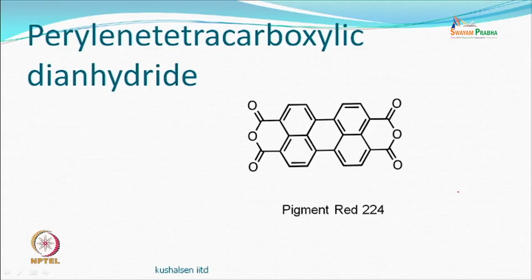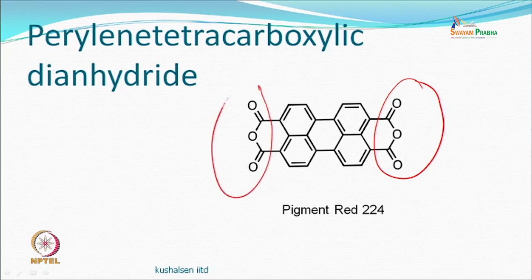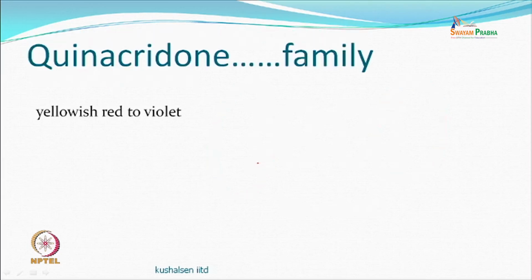So this is the kind of molecule that would be there, but of course you can keep changing, add a nitro or a chloro or all kinds of things can be added. So you can see there is an anhydride on this side and there is an anhydride on this side. So interesting type of chemistry, perylene. So you have tetracarboxylic acid, carboxylic 1, carboxylic 2, one anhydride, carboxylic 3, carboxylic 4, another anhydride. So the quinacridone group of compounds generally gives yellowish red to violet kind of shades,